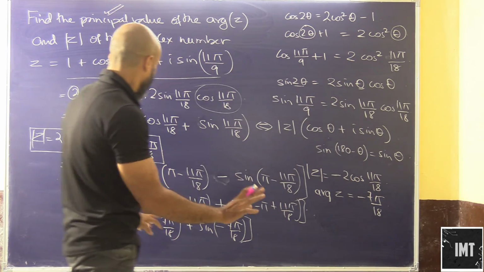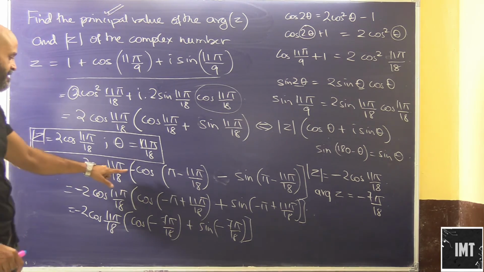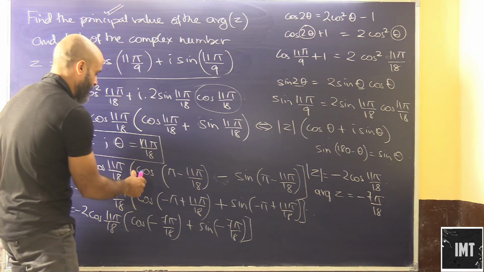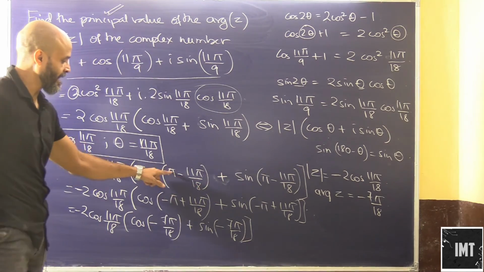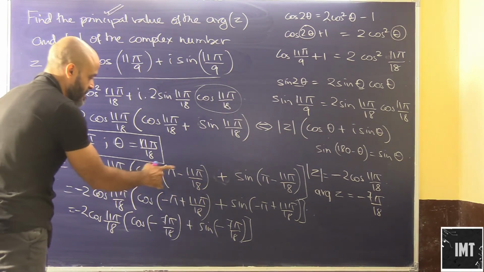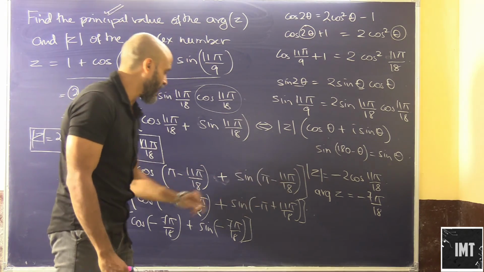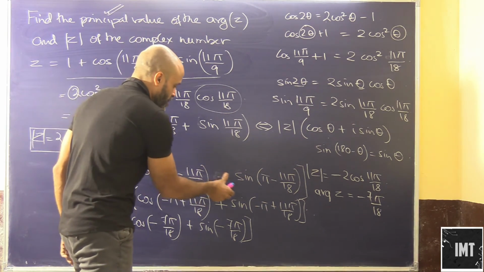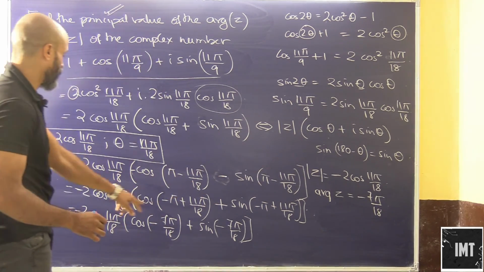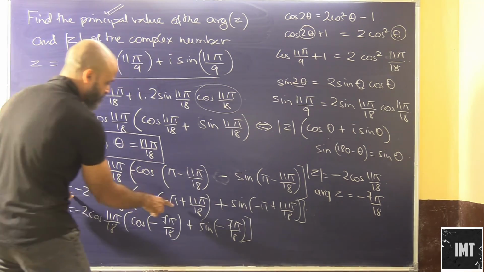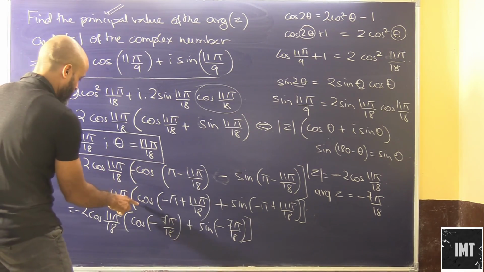Okay, now look at this. Why have I taken minus here? See, this is basically pi minus pi by 18, so we can say this is pi minus pi by 18. Now this is obviously giving us minus, so I am taking the minus out here. This will give us plus. So both these minuses I have taken out as common and I have placed it here. So this goes inside here.